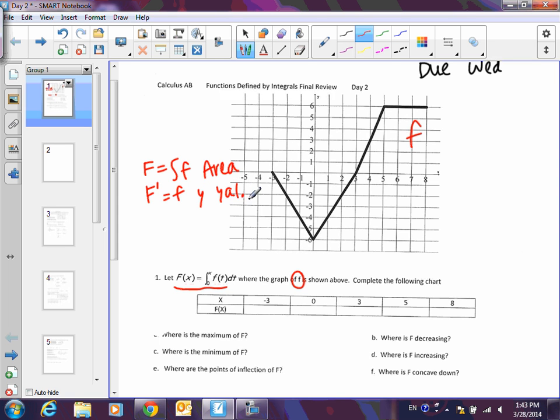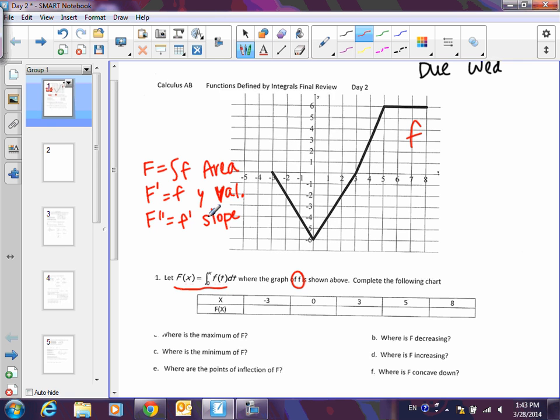Yeah. That should be a b. Right. A lot of times it's f and g. Here it's big F and little f. All right, and then I'm going to say big F double prime will equal little f prime. And what would that represent on this graph? Slope. All right, if you can set this up on these problems, it's going to make your life easier,